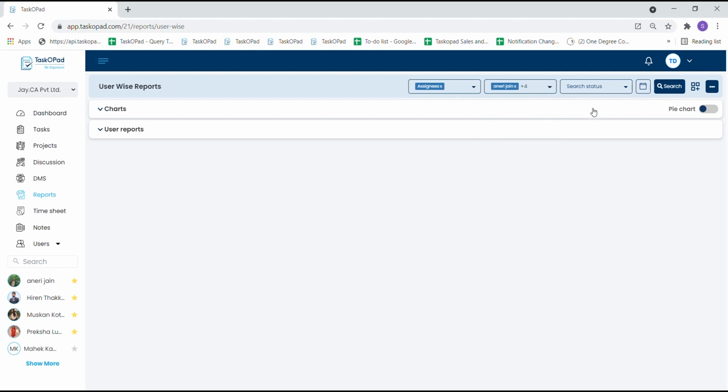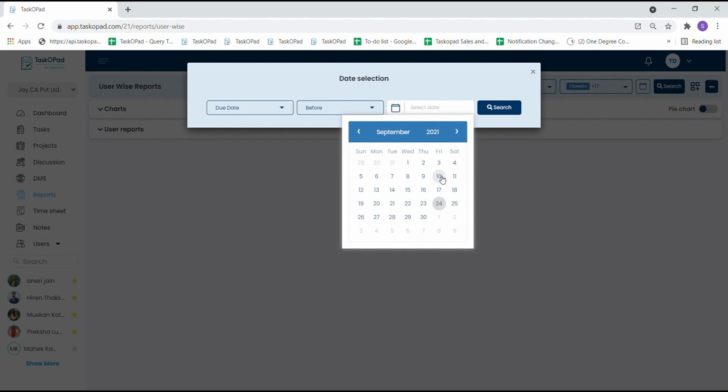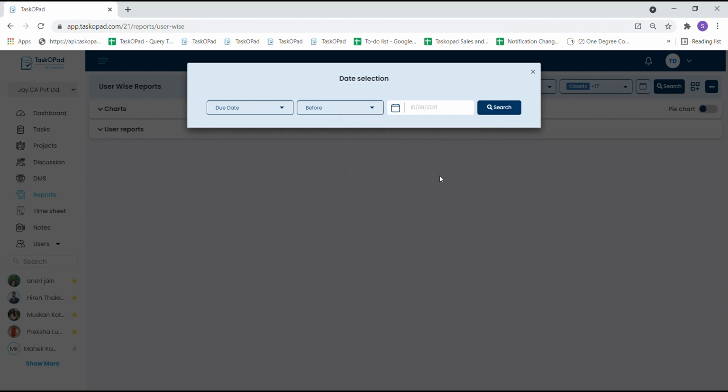After that, the next parameter is you can choose multiple team members to get their task reports. Then we'll select all the status you want to have a look at according to that task. And from this calendar icon, you must decide the parameter, like you want to have it via due date, via created date, or a close date. After that, you need to select the frequency, whether you want it before, after, or any other, basically a range of the period. I will select before over here, and then I will select the date, so all the tasks which have been assigned to all the team members before 10 September will appear.